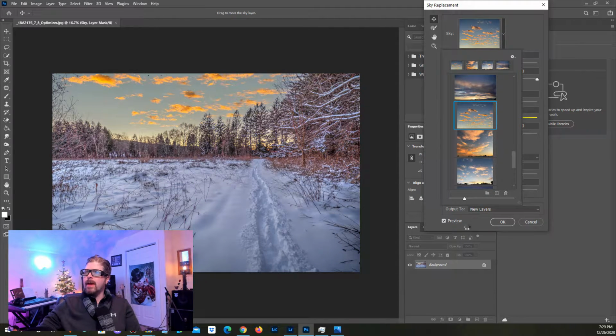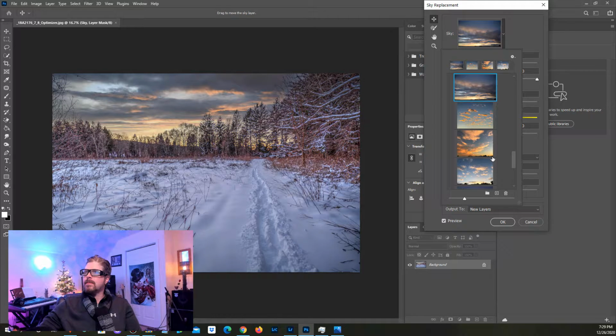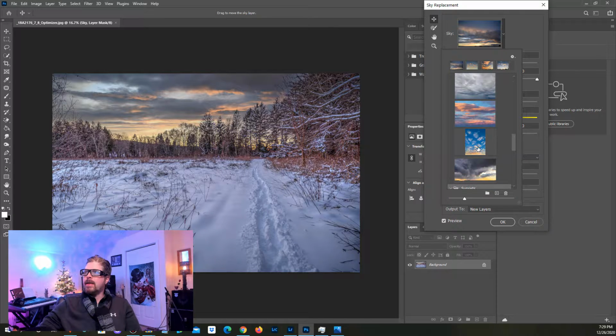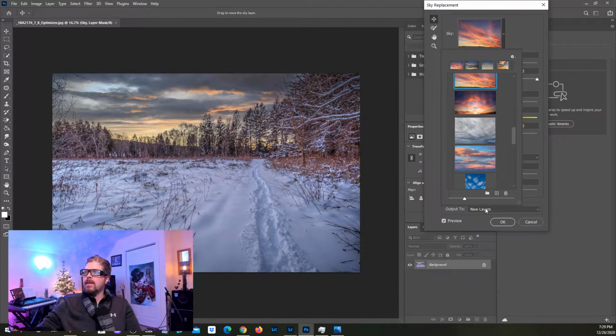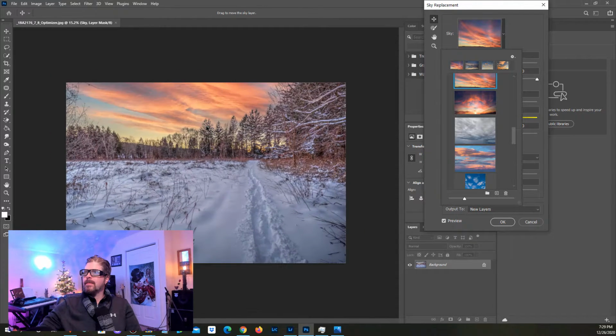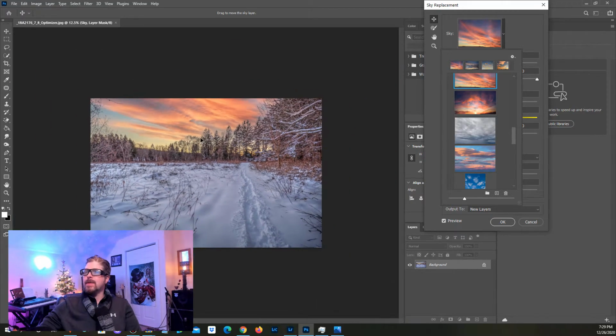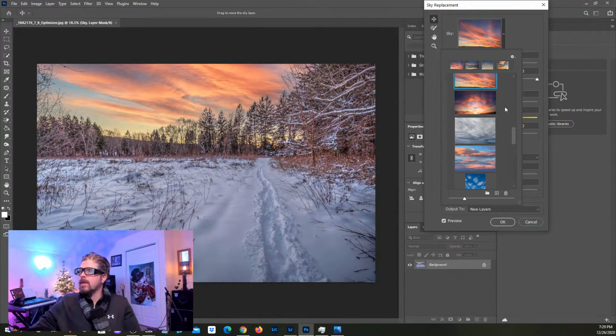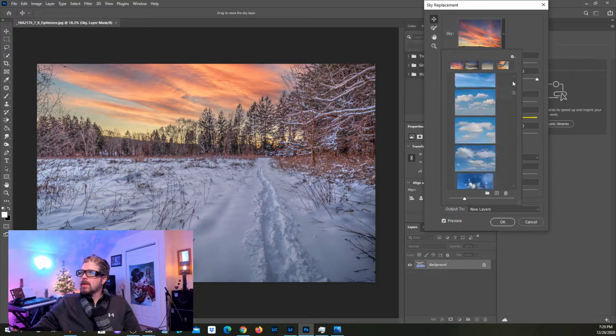Let's find one that kind of works with what I've got. I'm torn between this one and this one. This one kind of looks cool. Let's see if I can make it work. If I can't make it work, then we'll have to go to another one. So I'm going to go ahead